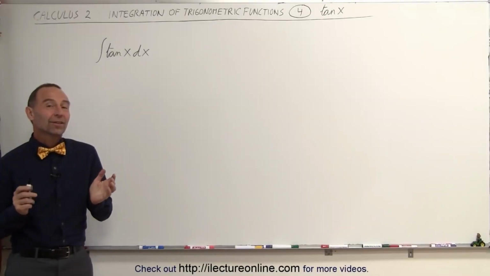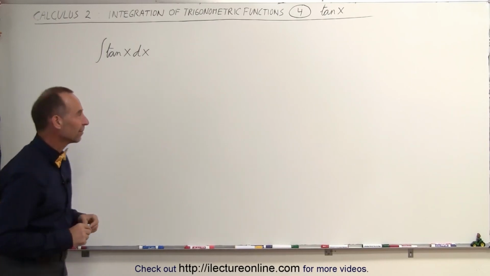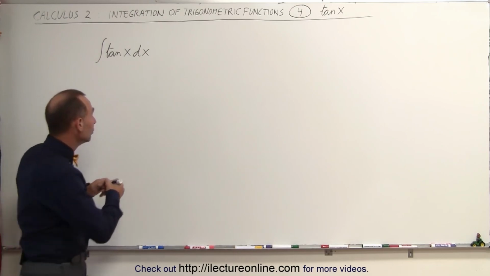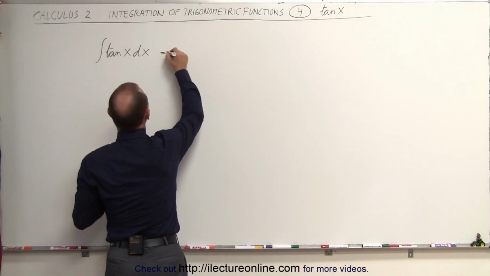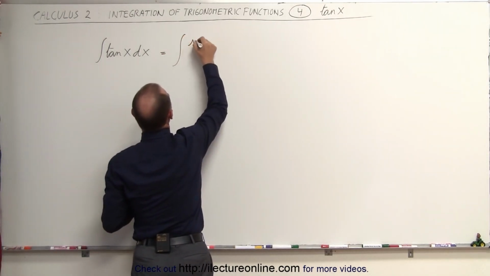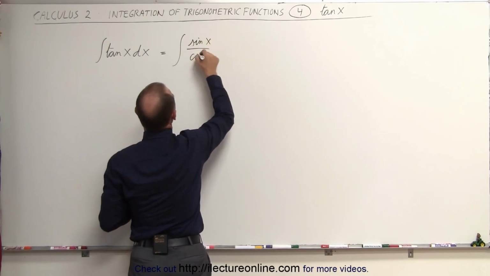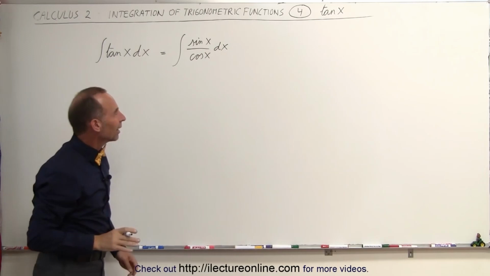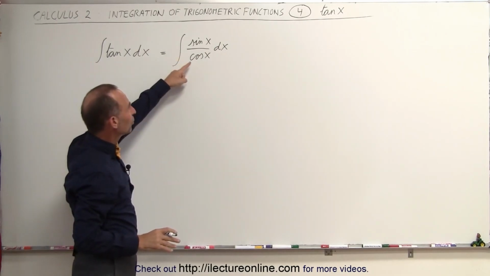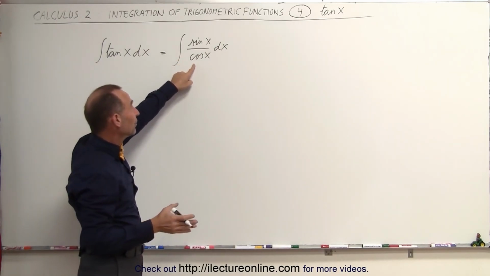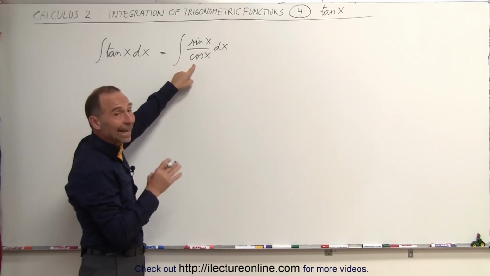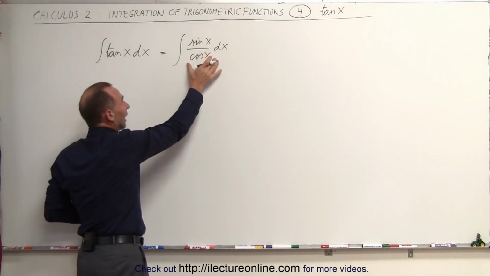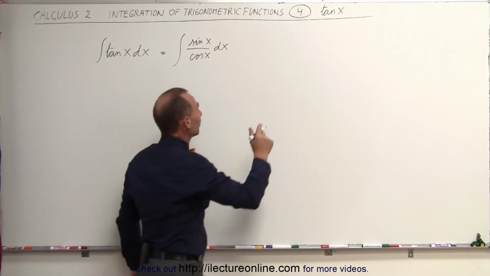Now let's take a look and see how to integrate the tangent of x. The best way to do that is to change the tangent of x into what it's equal to. We can write this as the integral of the sine of x divided by the cosine of x times dx. Now you need to realize that the sine of x is related to the cosine of x in such a way that if you take the integral of the cosine of x, you get the sine of x. So it looks like we have the differential here, and if we then write it as this, if we say let